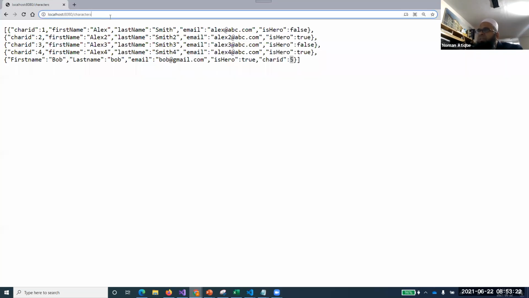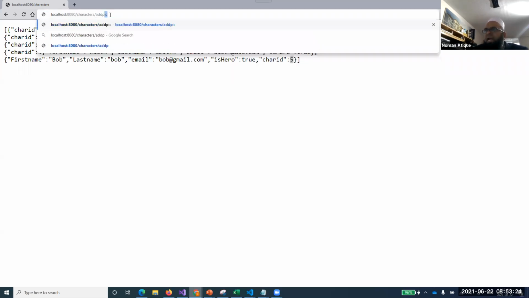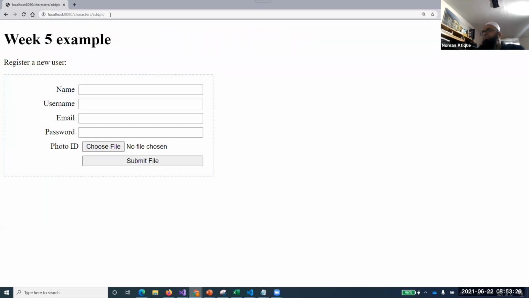So let's go to this path, character slash add pic, add picture. So now I've just taken this one. Basically here you can add another user.